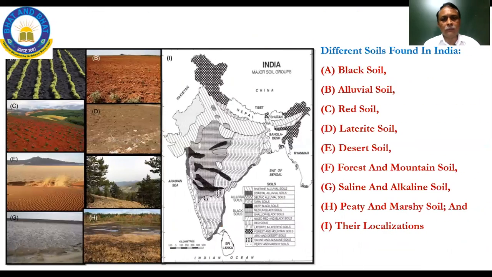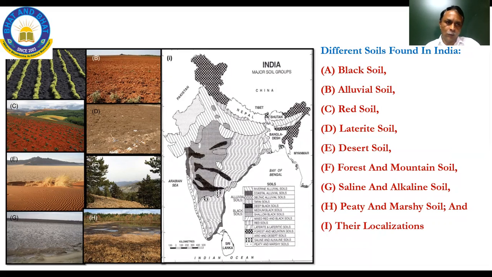So, dear students, this completes this chapter almost. But like I said, this last slide we have included just to note that the remaining types of soil, we have discussed black soil, alluvial soil, red soil, and laterite soil. Only to demonstrate these other types, we have included that. You can see the picture of each of them here.